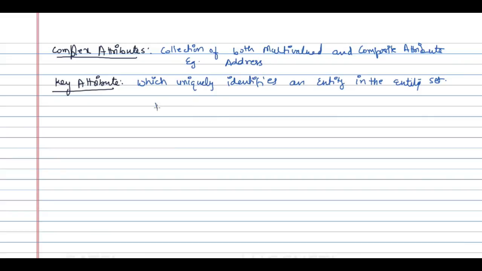Like we have roll number as the key attribute, and it is represented like this, with a dash line below the key attribute.